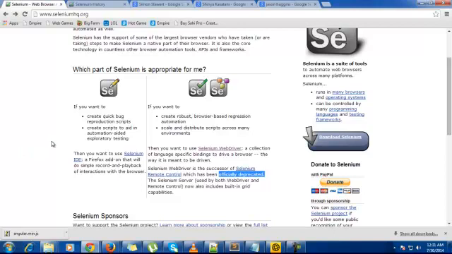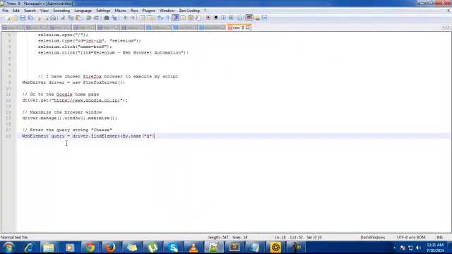Why? Because of its object-oriented implementation. If you look into this code, WebElement is the query, driver is the object of the Firefox class, and you can call find element on the driver.